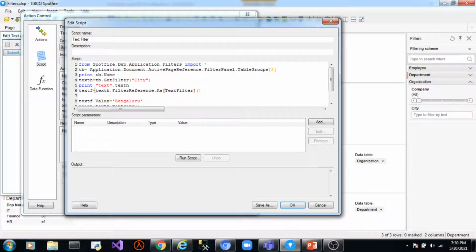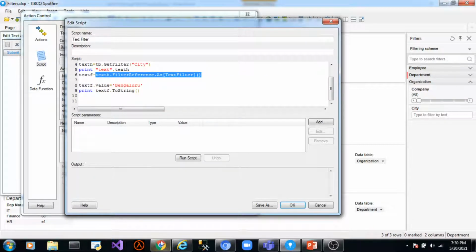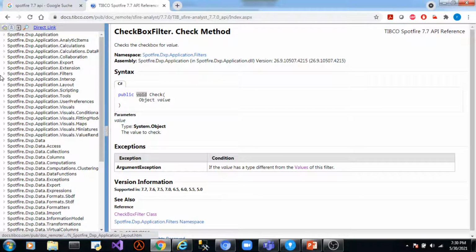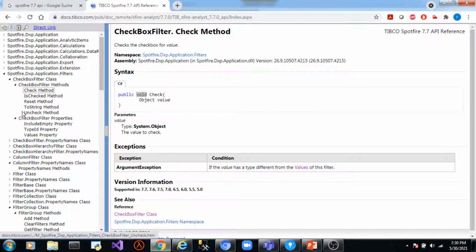With this handle we have used the filter reference property to get the actual filter, and to cast this filter into a text filter we have used the as method of the filter class, and we passed text filter to this as method. So this returns an object of type text filter. Now let's go to the text filter class and see what methods and properties we can use with the text filter.